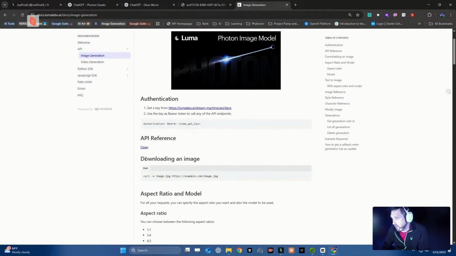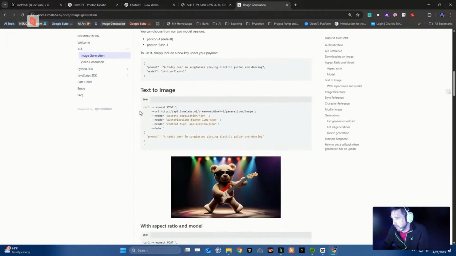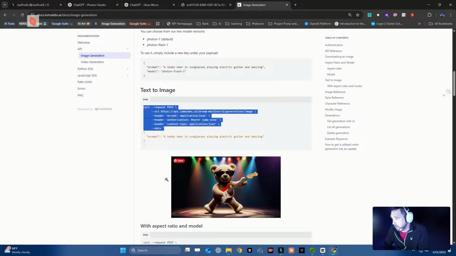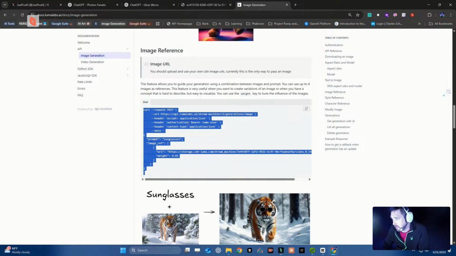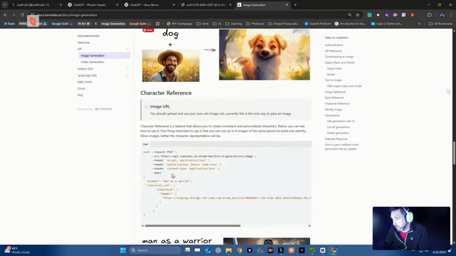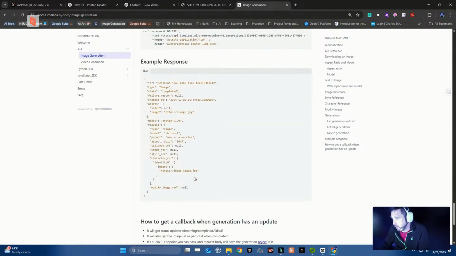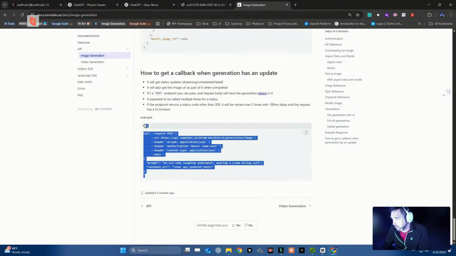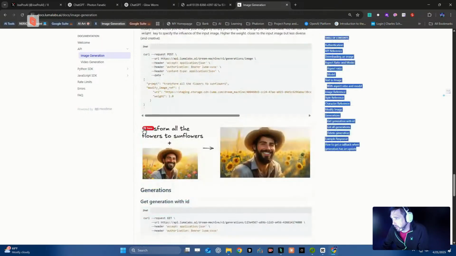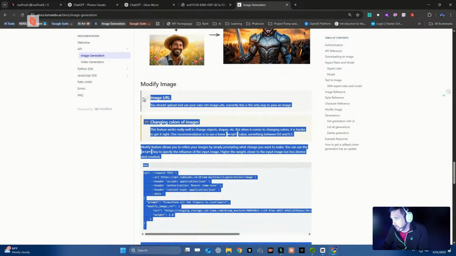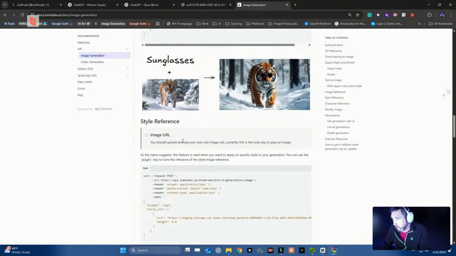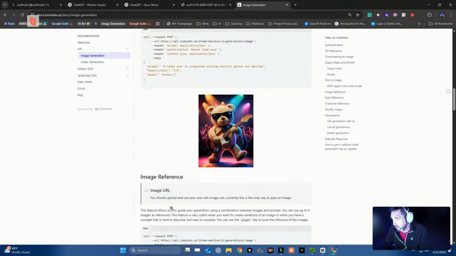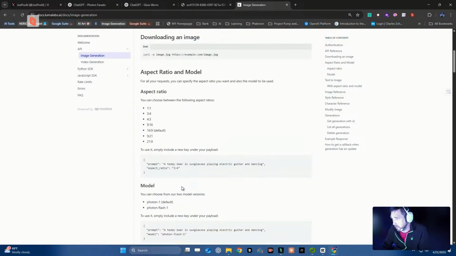For image generation, we would just need to get these converted into YAML, which would then be for the call here. So let's see, we'll grab some of this. Actually, let's just do this. So image gen would be